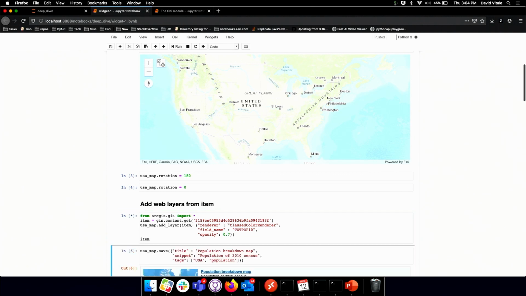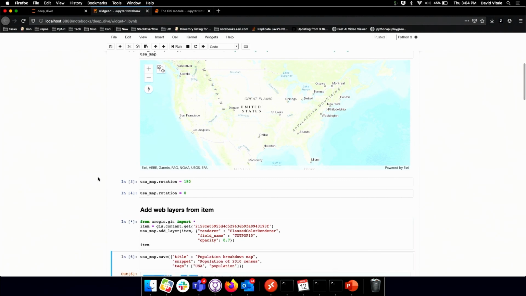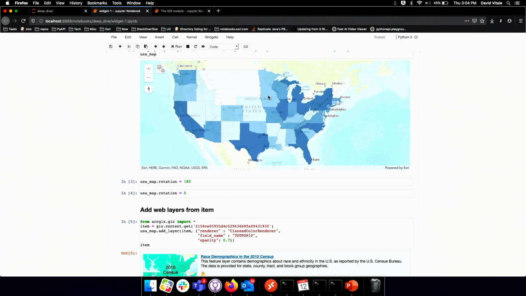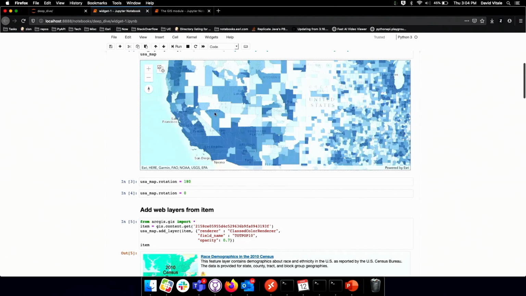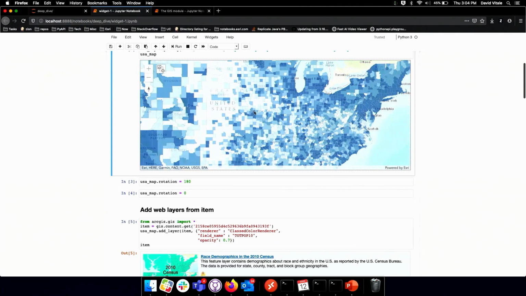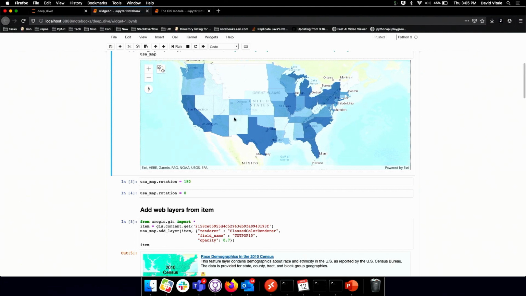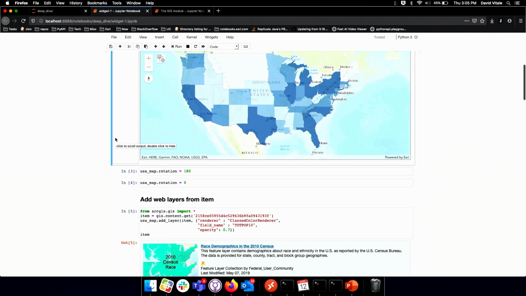So by running the cell, when you give it a second to run, if you look at the map, it has now updated to include that item from your WebGIS. In this case, when you zoom in and out, you gain all the access to that feature. You now have access to county data at this zoom level. When you zoom out, you have access to the state data. Everything you've come to know and love from authoring of web maps from the WebGIS, you can do with the